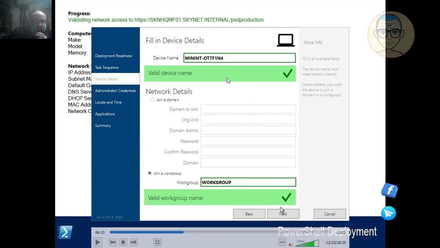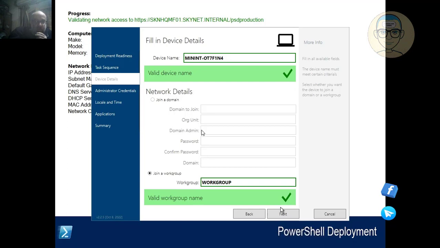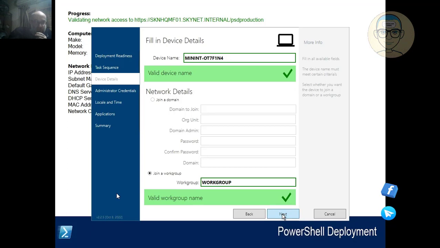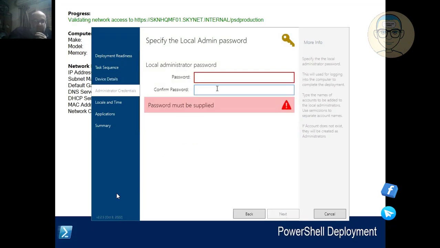Okay, so now we can see that this is the name of the PC and this is the workgroup. Again, I think in the CustomSettings.ini, I have already told it that we need to join the domain. I think there is some problem in the configuration. Anyway, so here the task is working to join the PC to a workgroup. Okay, so if you need to change the setting, then the local administrator password,